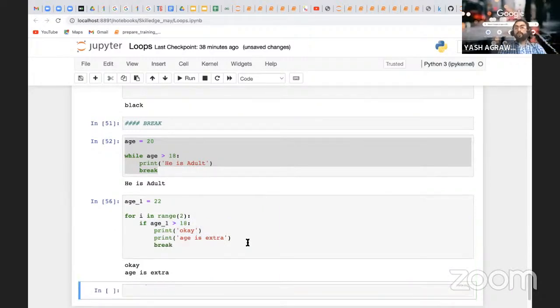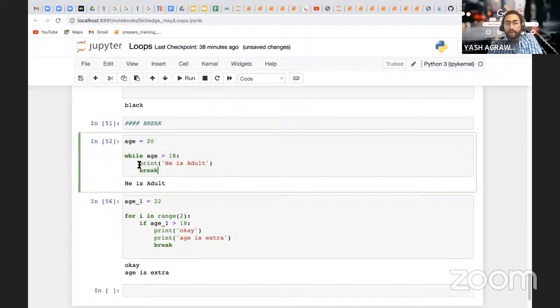So what this break statement is, sir, how do we use the break statement? Can we use this with while? Yes. Can we use this with for? Yes. Can we use it inside an if condition? Yes. So sir, what is the purpose of this break? Basically, this break statement breaks the entire loop. As soon as it finds the break in the loop, it will break. It won't wait for any other thing. It will break there itself.